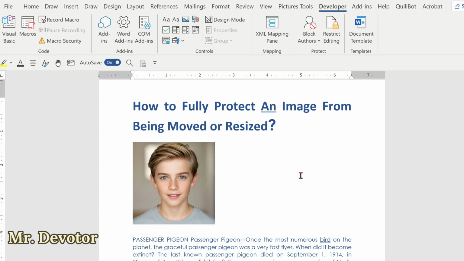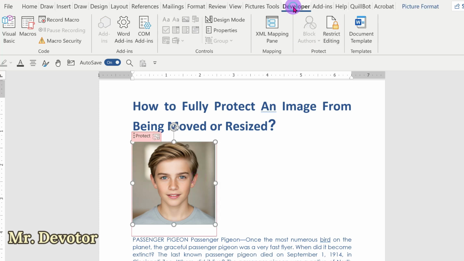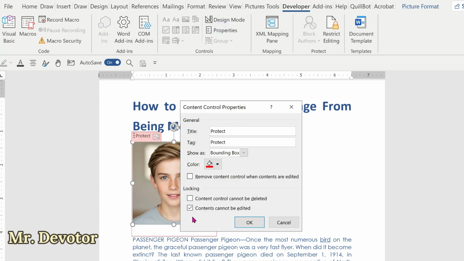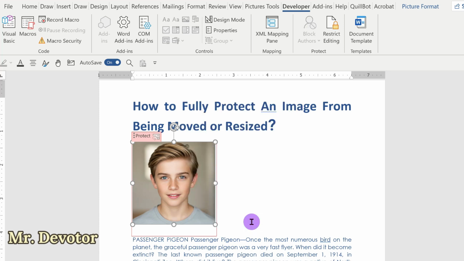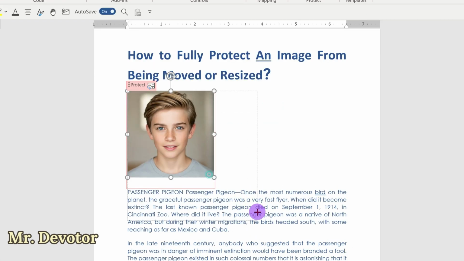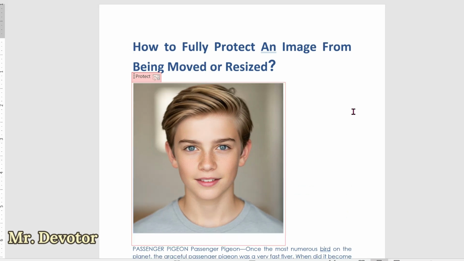So if you want to unprotect it, then again go select the picture, go to the developer tab and click on the properties and uncheck the content cannot be edited and click OK, and now you can see that it is resizing. So this way you can easily fully protect an image from being moved or